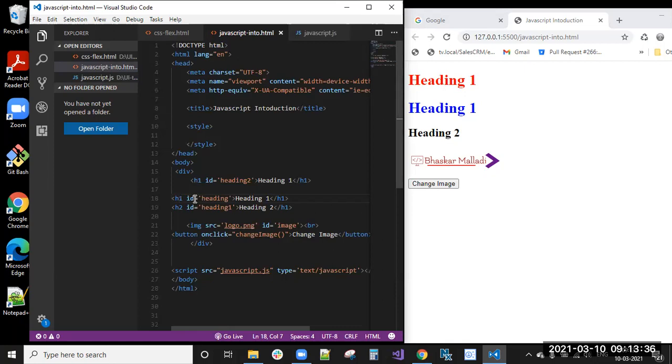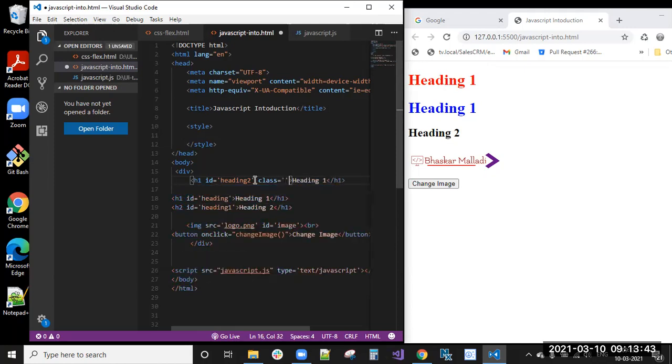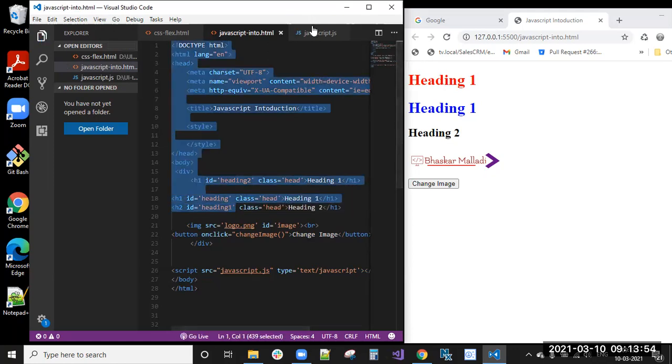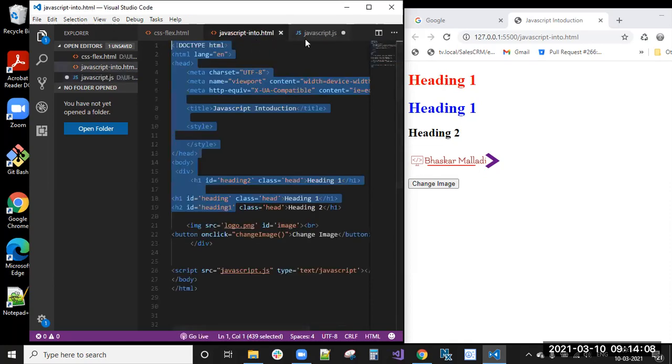Instead of the ID, you use class. You have 3 elements with the same class name. You can give them the same class name and go here to get elements by class name. Similarly, get elements by class name, and here the class name is what I have written, I think header.